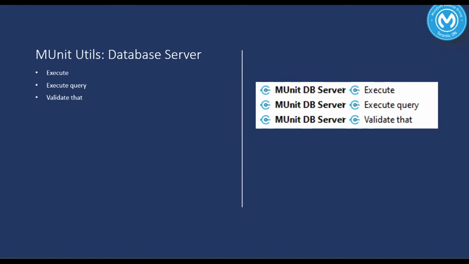So how can you install it? You can just add the module, and using the MUnit DB server, you can just drag that module. And if you want to create the particular database tables, there are two ways: SQL and CSV.